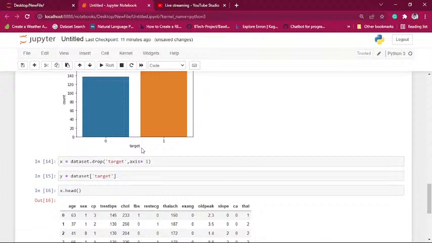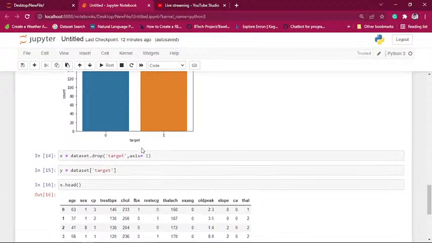Okay, the next thing I have to do is split it. I have to pass the independent variable and the dependent variable to my machine. Here we are going to split our dataset into two parts: the first part is the training part and the second is the testing part. For that purpose, we split with the help of the train test split function, a module. With the help of that module only we can split our dataset. While splitting, we have to pass two variables: one is the independent variable, another is the dependent variable, which is nothing but the target variable and the class